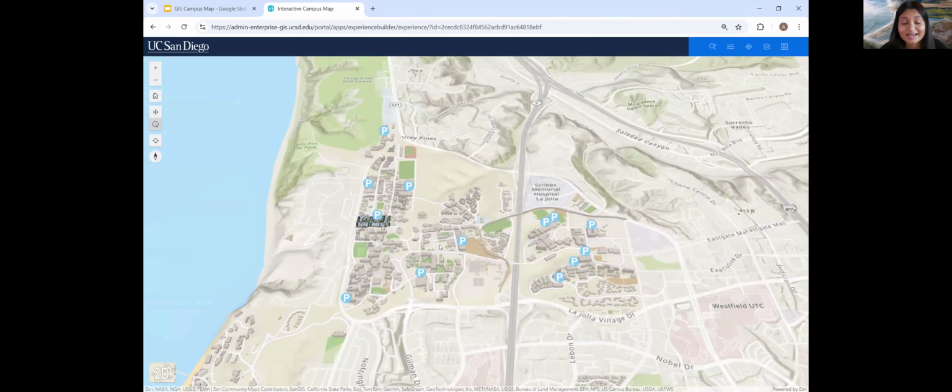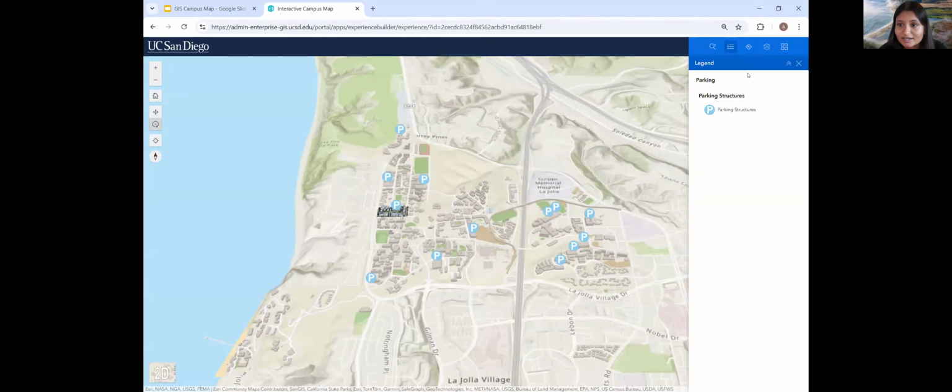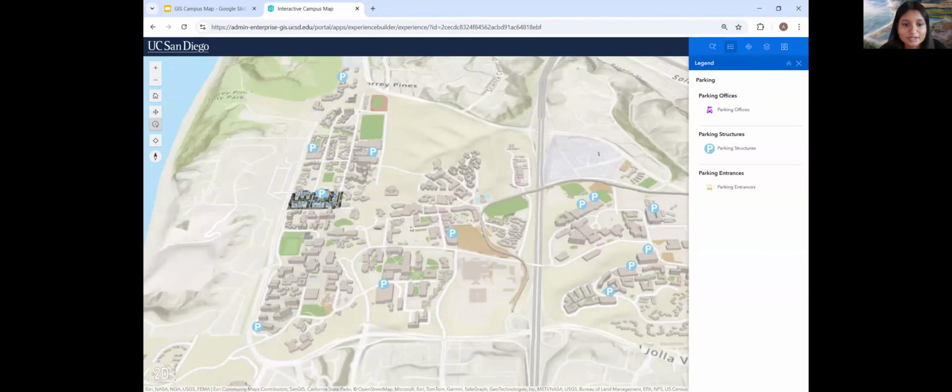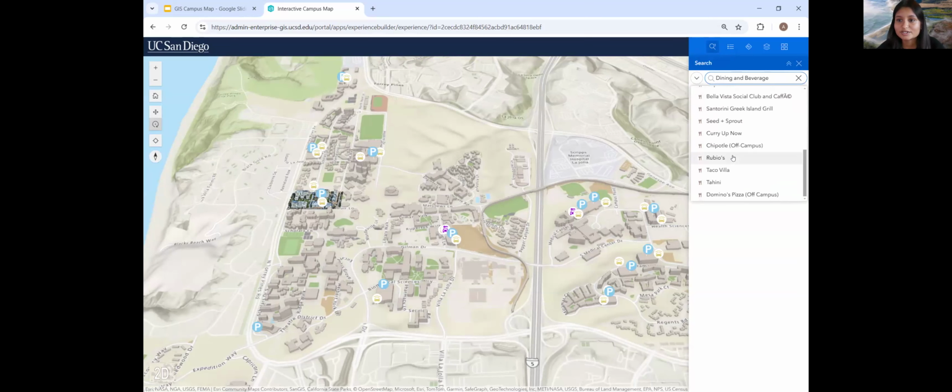We highlight parking at the highest extent because it is the most searched for feature. These are all of our parking structures highlighted here. And just to demonstrate the legend as well, depending on the extent that you're at, it will highlight your features on the map. You zoom in, more will appear, and the legend is dynamic. You can identify those. Just to quickly highlight the search function too, you could search for different points of interest using